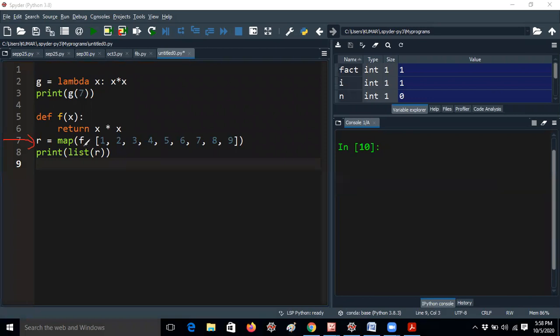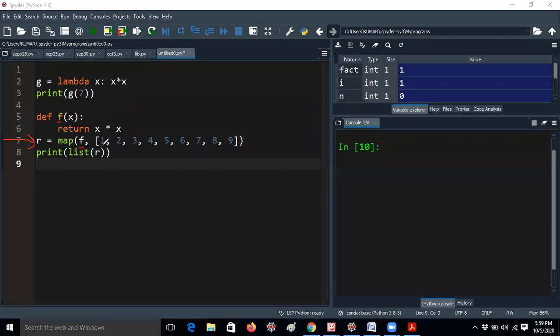As you know already, just now I discussed that the map function allows two parameters. One is the function name, another one is the iterable. For example, here the iterable I am using is a list. I am using a list with nine numbers. So here f comma means this is the function name. Here I am giving the same function name. Here I am giving the arguments as returning values. For example, here I am passing the values like this without using a for loop.